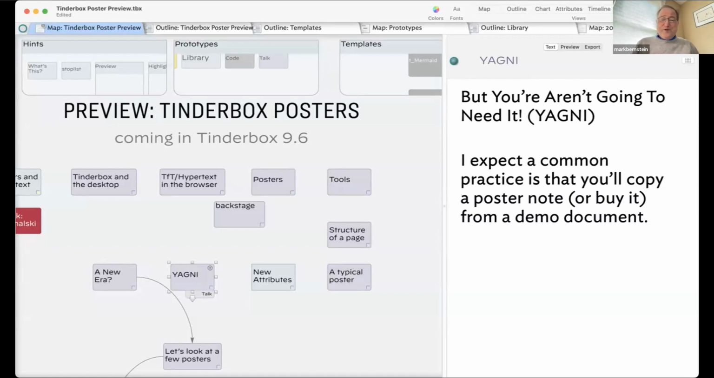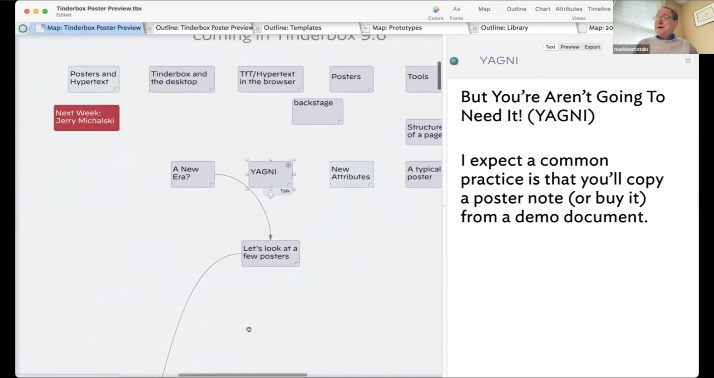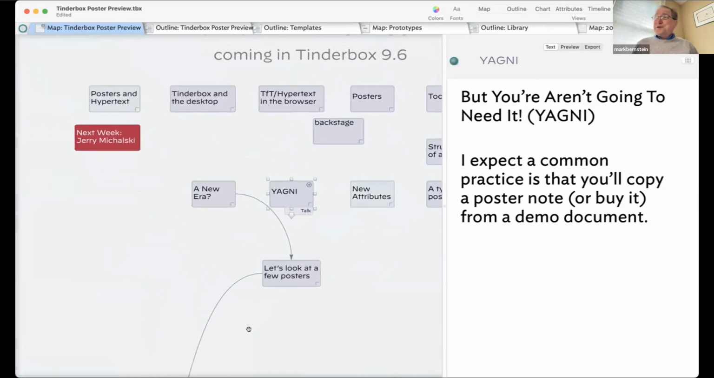But I'm going to show you a bunch of posters today, and none of them took me more than a couple of hours. And that's including a couple for which I had to write new pieces of Tinderbox in order to support what the poster does. So